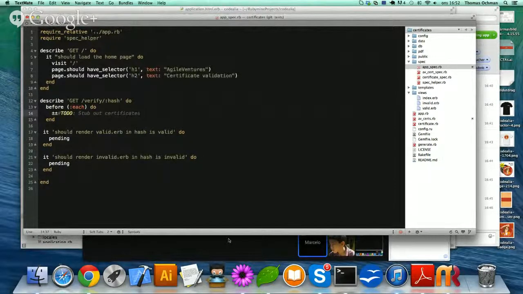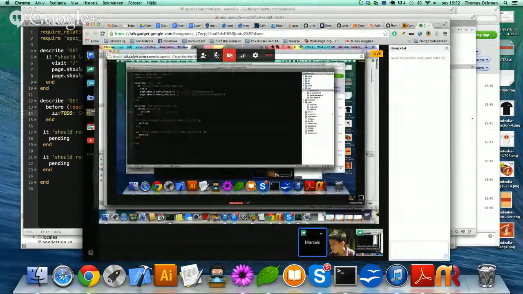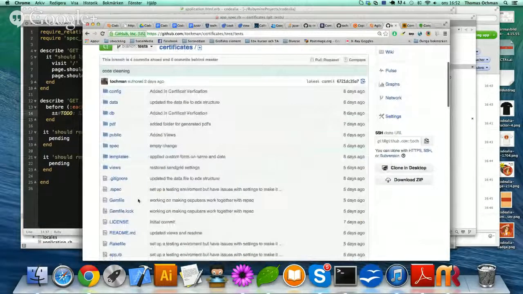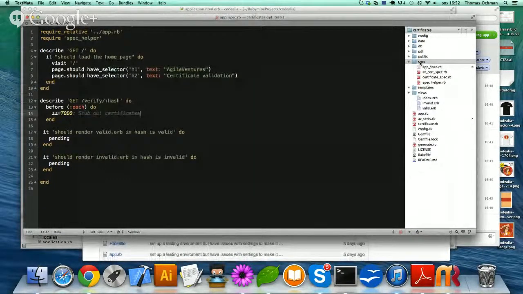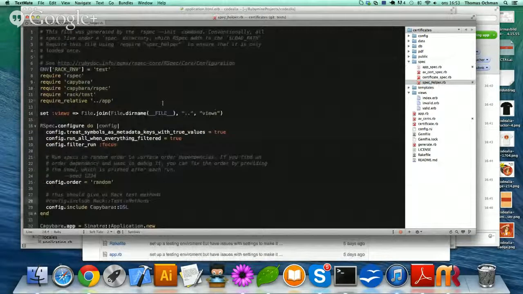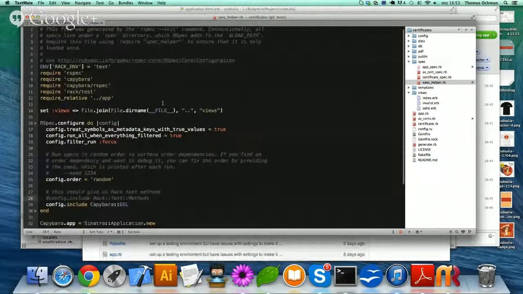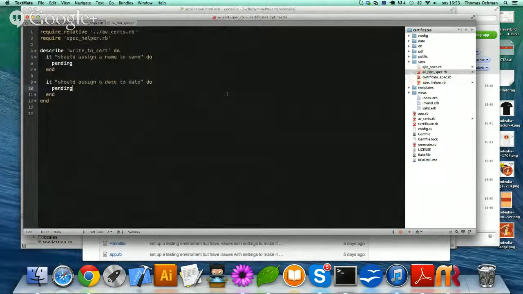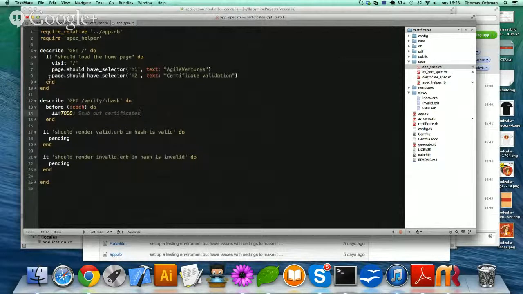If you have a look at this branch called tests in the certificates repository, you see that I have managed to set up a folder called specs, and we have spec helper set up with Capybara, hopefully, and I think I have at least one test passing. Or do I? I don't know. Certificate app spec. Hopefully. But I would need to write some tests, and I was wondering, Sampriti, if you and I could do that today.